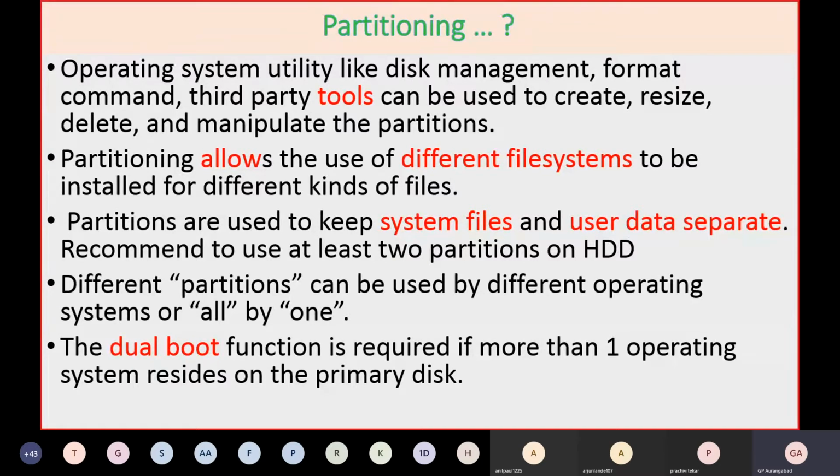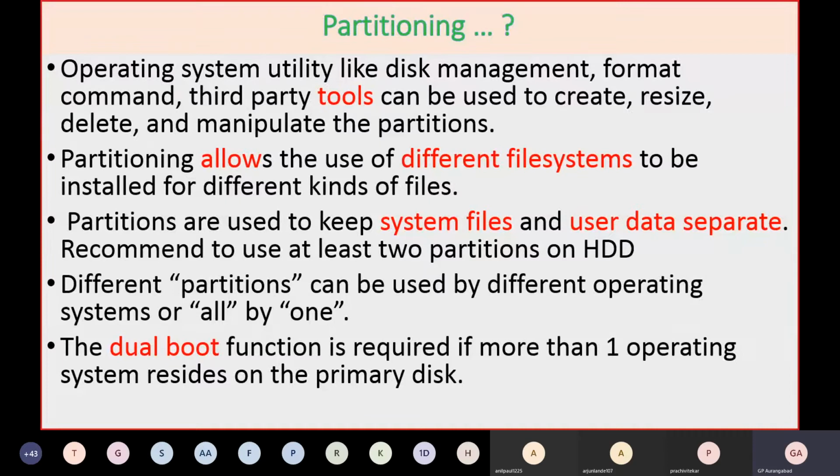In case you need to upgrade your system, or if your system becomes slow and you want to format the operating system and reload or upgrade it, you can, without any bother, just format your C drive. It will not affect any other drive, like D or E. That is why I recommend you must have at least two partitions on your hard disk.